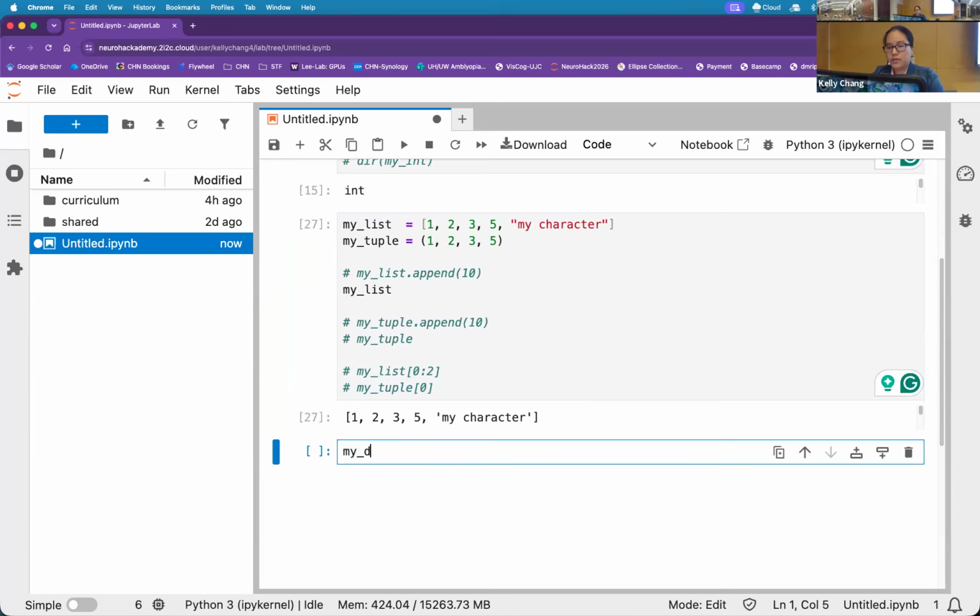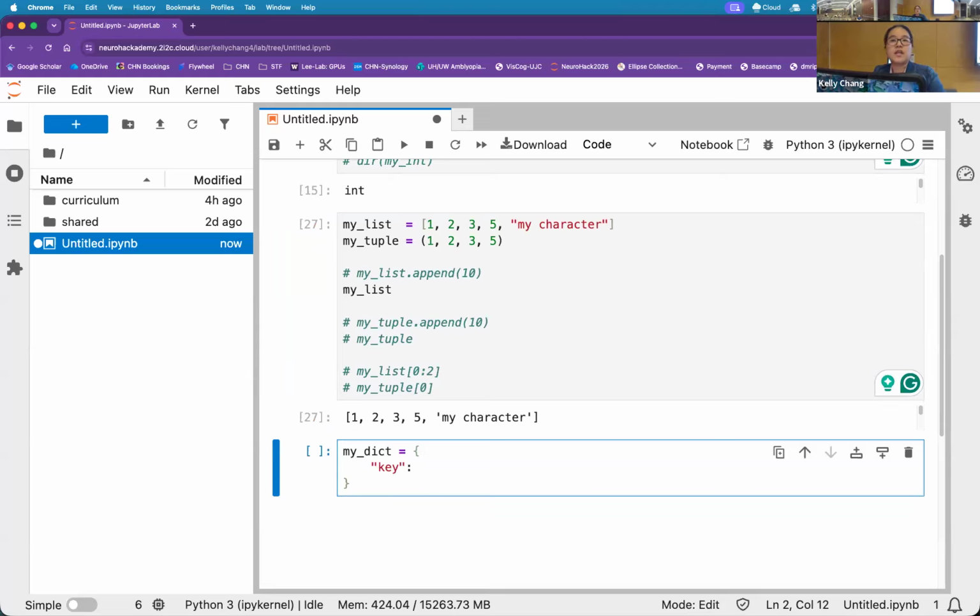Next, we also have another data class called a dictionary. And please note that I am using curly braces. We've gone through our square brackets, our parentheses, now to our curly braces. Dictionaries are really nice because there's a key to value lookup. The key is typically, though it doesn't have to be, a string character. And then the value can be sort of whatever else. It could be a list of items. It could be another dictionary.